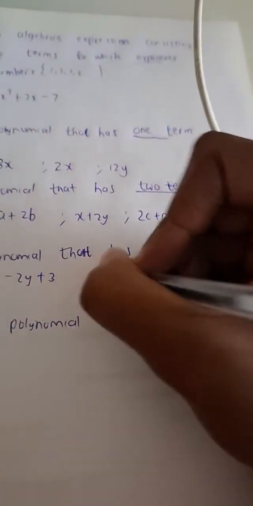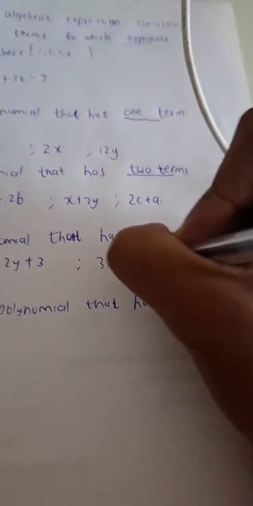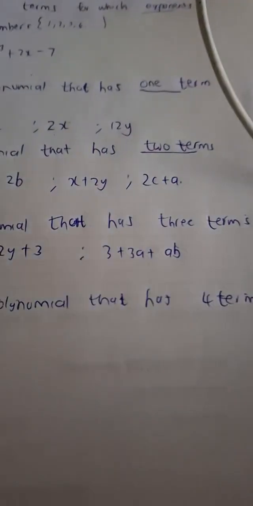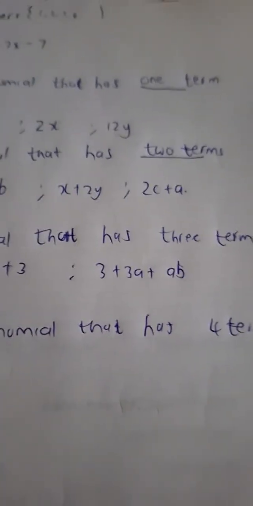Okay, 12 said 3 plus 3a plus a. Let's put a b there, plus ab, so that we can avoid having like terms, you know. Just so that we can avoid